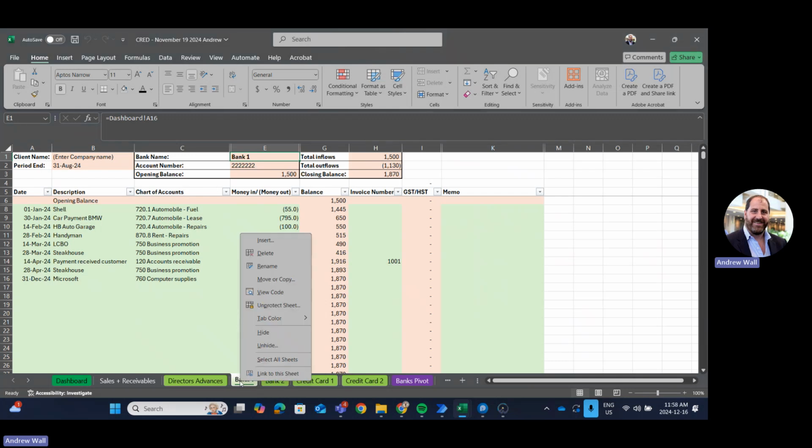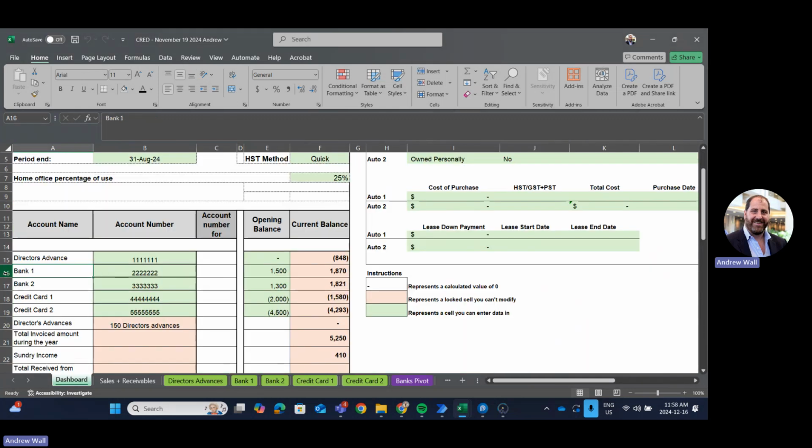You can manually just right click that and rename it if you do choose to rename these on your dashboard. We do ask you to provide an account number. This account number is for internal purposes. You don't need to worry about this. This is just so that we can map this to your chart of accounts, but you don't need to worry about that here. This is just where you'd put your last 4 digits of your bank account number,